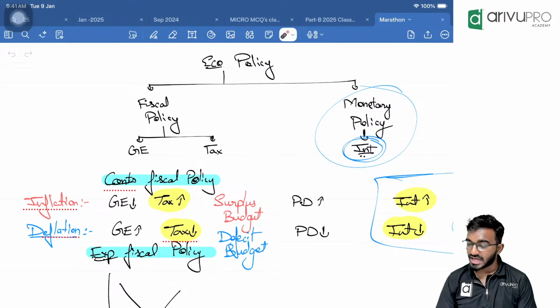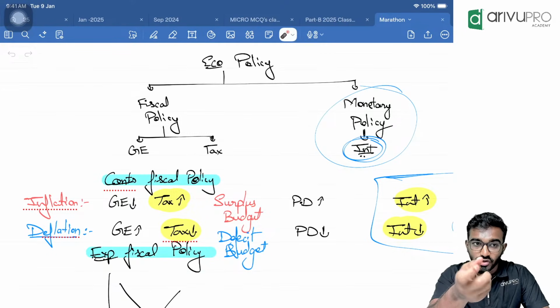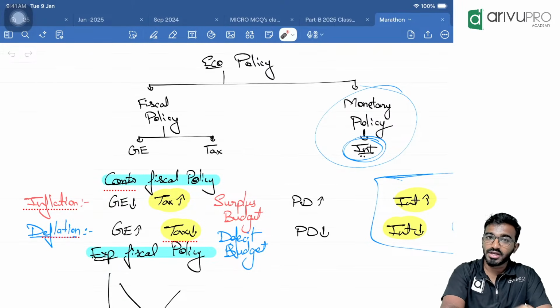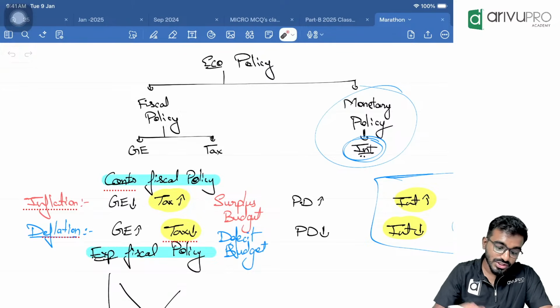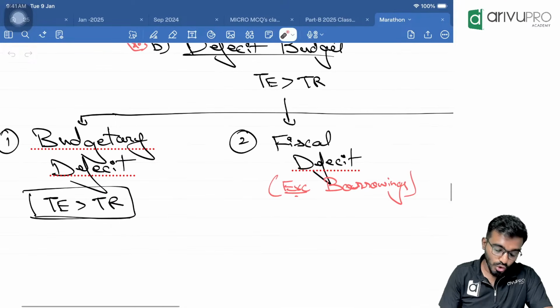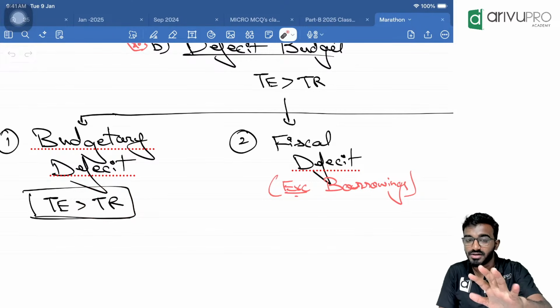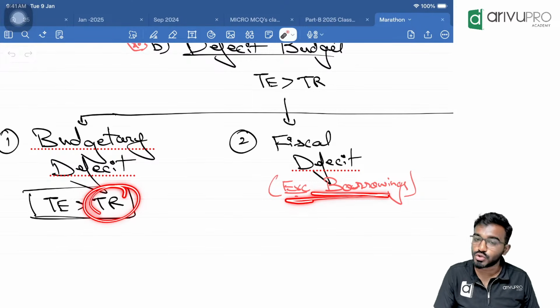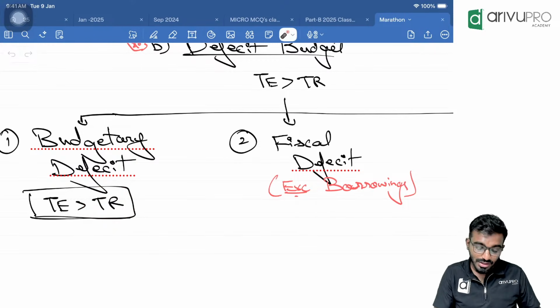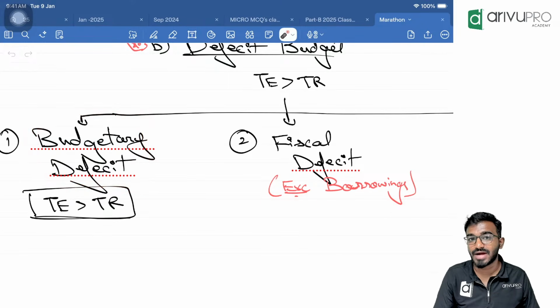Sorry sir, fiscal deficit calculation. Fiscal deficit is simple. Budgetary deficit is there, right? Just remove that word. Only that one word you should remember: excluding borrowings. Whatever borrowings we are making come under capital receipts, and we just have to remove that. Shortcut: first we calculate budgetary deficit, where total expenditure is greater than total receipts. In total receipts we have borrowings money. If we exclude that borrowings from total receipts, specifically from capital receipts, we get fiscal deficit. Same logic as budgetary deficit, just this one extra word, and we remove the borrowings money.